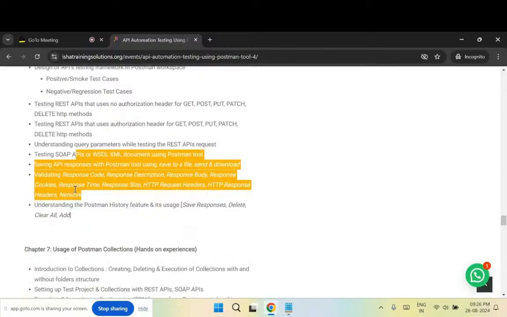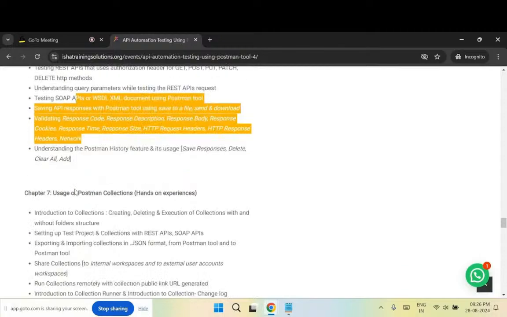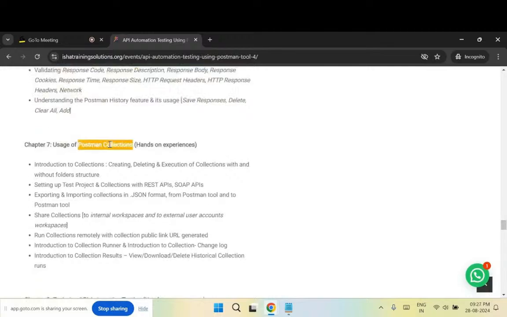And the continuation of chapter 6 is chapter 7, where we will keep all our APIs in a concept called collections in Postman. Think of collections as a template or a container or a folder-like structure inside which our API requests will be present. So collections are very important for us to generate any test reports or to work with the Newman tool framework or to integrate with the Jenkins tool in the future or to integrate with Azure or AWS. You need Postman collections. So I'll talk about what these Postman collections are,